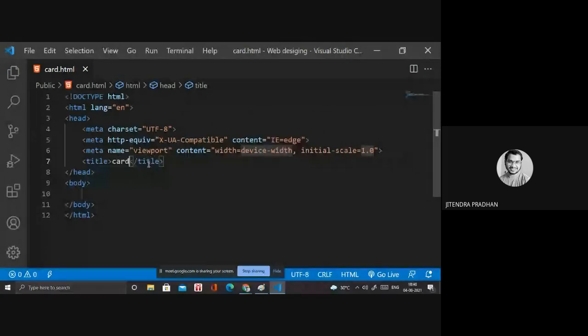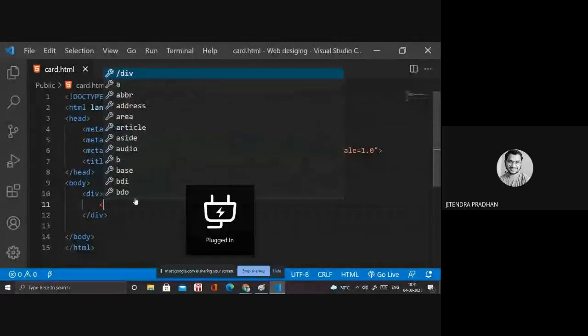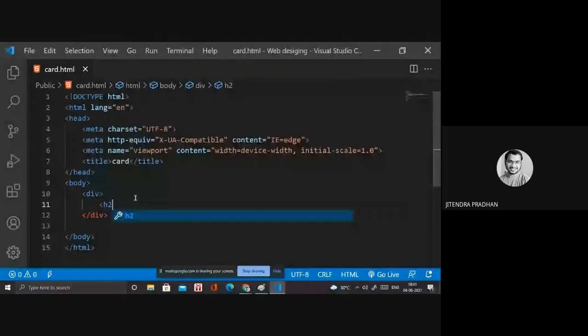Then I will design a div. Inside the div I need a header part, h2, like this. Then we design a particular body section.